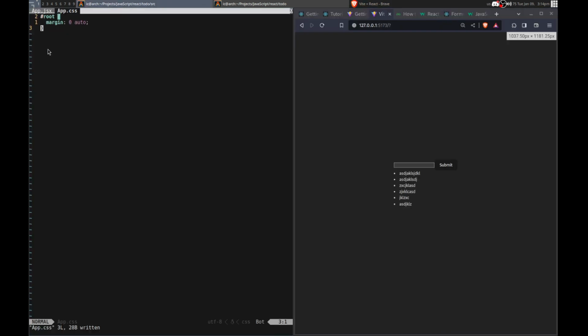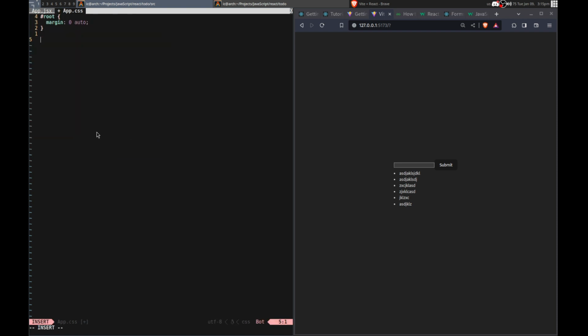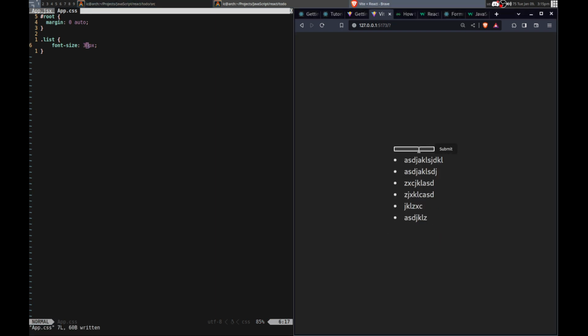Alright, I should probably make the text bigger. So I think all of the list elements will have a class. It's a class or ID, I don't remember the name. Class equals this. Then dot list, right? Want to do font size. Okay, I want to make it bigger than that though. That's too big though. That's probably pretty good. Okay.